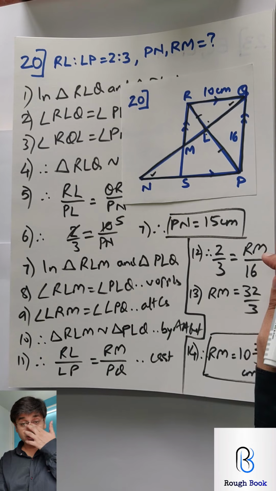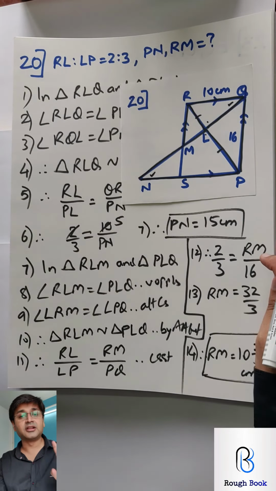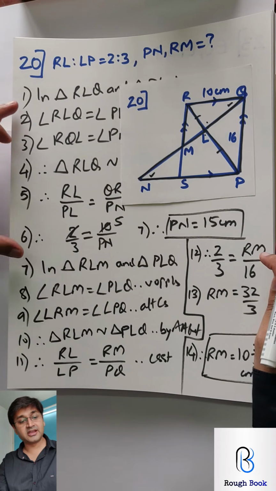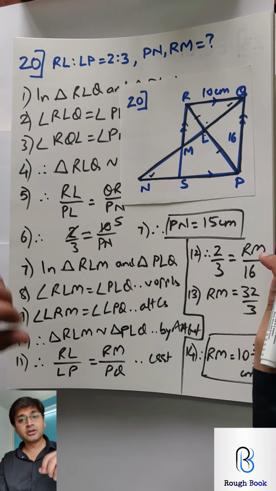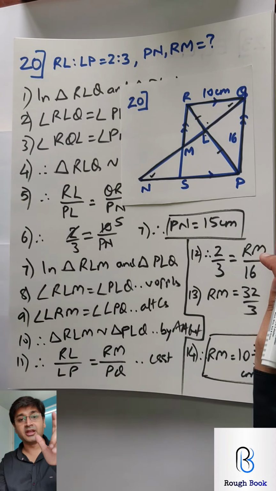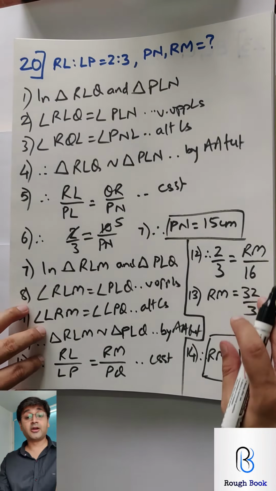Did you manage? See, the most important key in similarity is to identify which two triangles you are going to prove similar. If you got it, 50% of the sum is solved. So we got that, and then we went ahead. Same steps we repeated. Same thing you will be doing throughout this exercise. There is nothing new, only test of similarity and CSST. So all the best for the next question. I hope you get it.